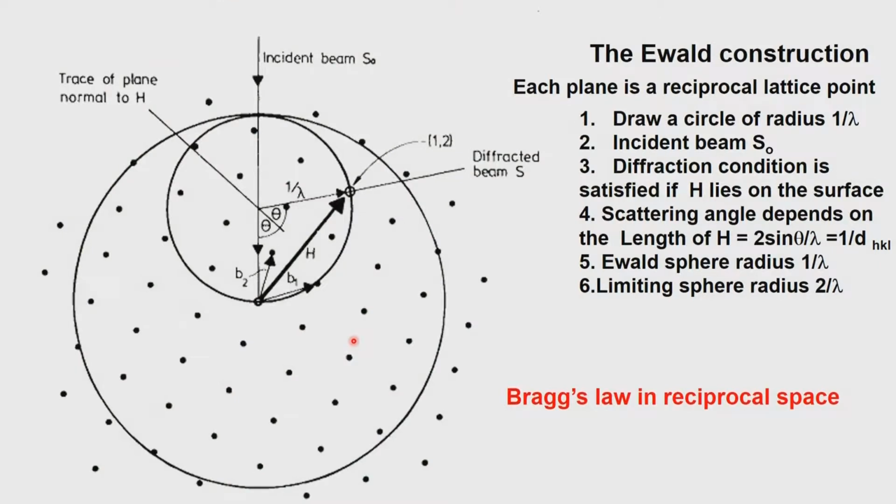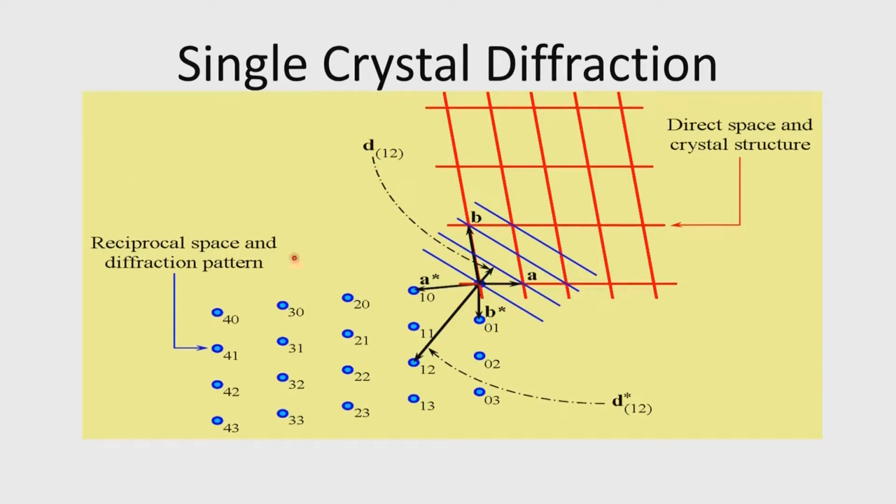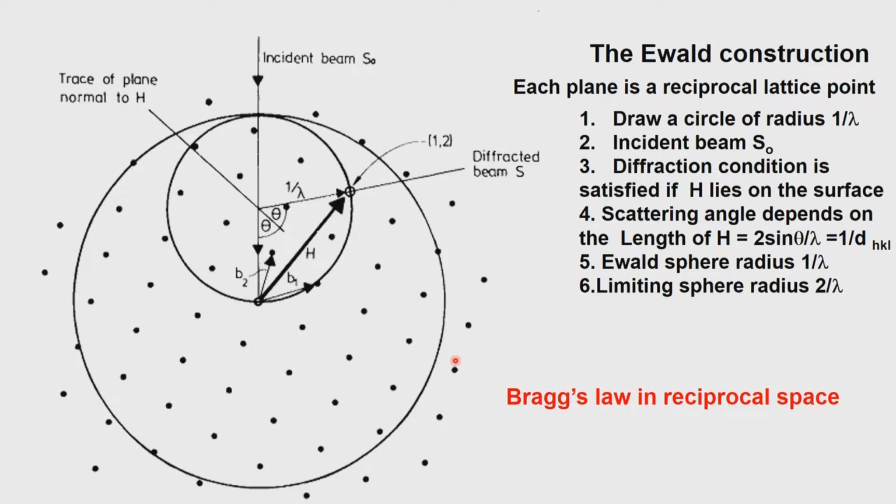Here you see something where we have to do a construction. What you see are the points here which are the reciprocal lattice points. So, I have drawn the reciprocal lattice, similar to the reciprocal lattice shown here. All these points which come, we know now how they are coming, and knowing that, we have taken these points and transferred them onto the plane. Now, this is a planar representation of the reciprocal lattice points.